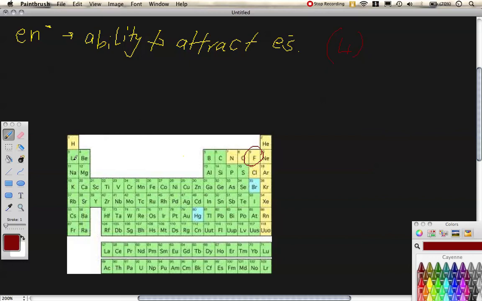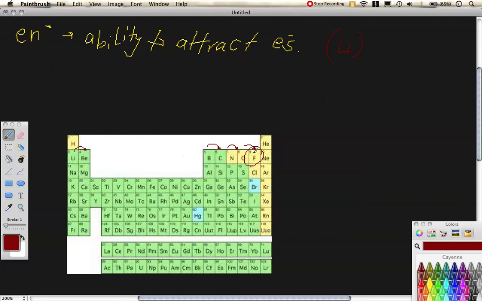Guys, the reason why electronegativity increases as you progress across a period is pretty much the same reason that ionisation energy increases, and that is that core charge increases because the number of protons increases, but the number of energy levels for electrons stays the same. By the time you get to fluorine, it's got a massive core charge, and therefore it has a greater ability